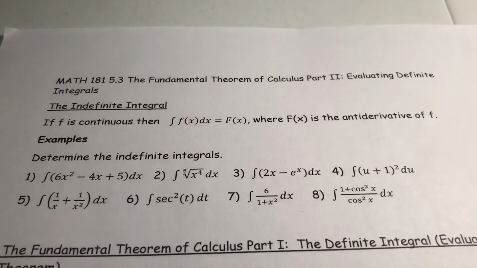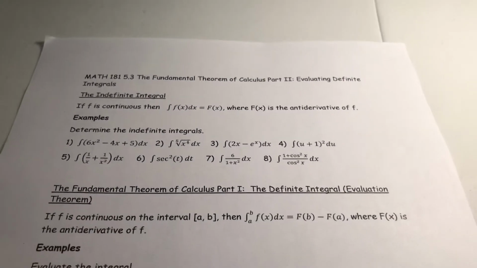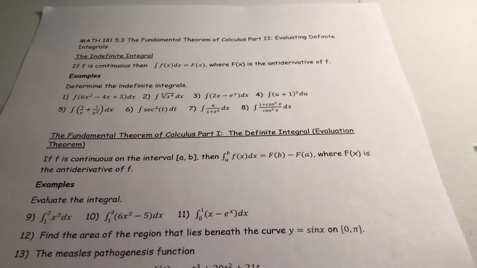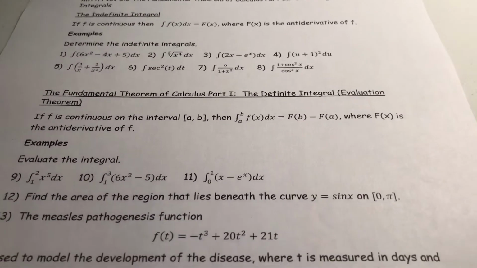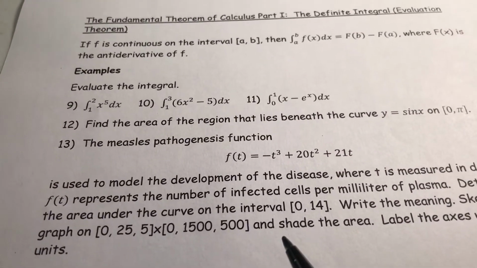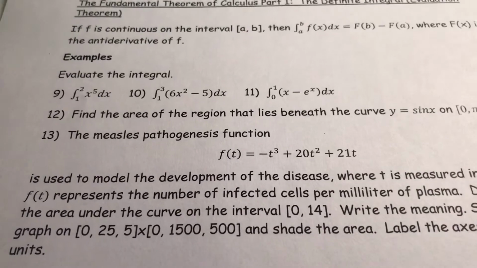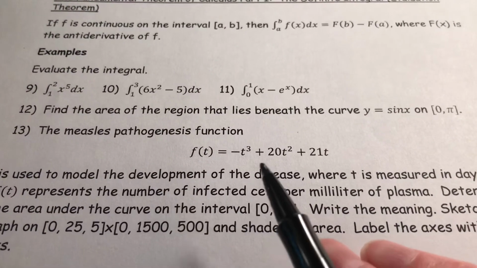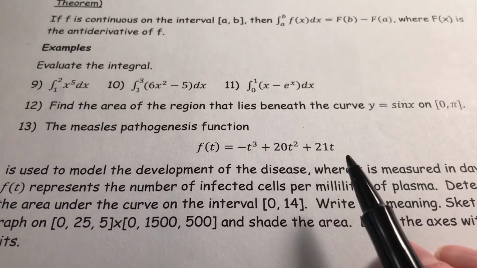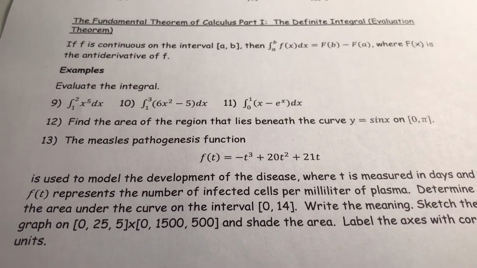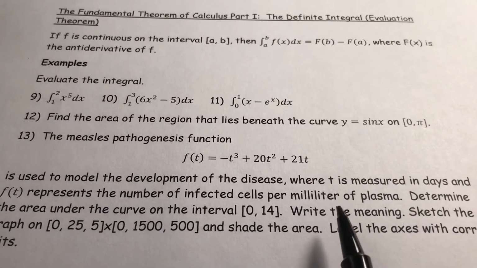All right, I'm back. 5.3, we're looking at area under a curve using the definite integral to calculate that area. And the last one on here, number 13, it's this measles pathogen function, f of t equals negative t cubed plus 20t squared plus 21t. It's used to model the development of the disease, that would be measles, where t is measured in days, and